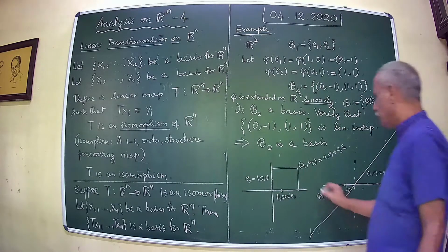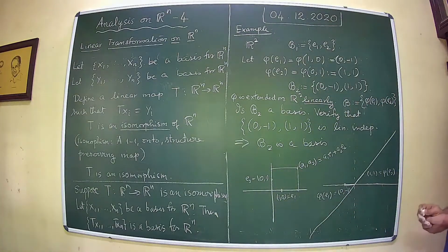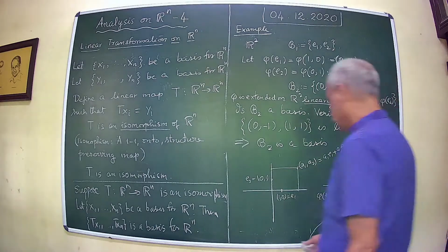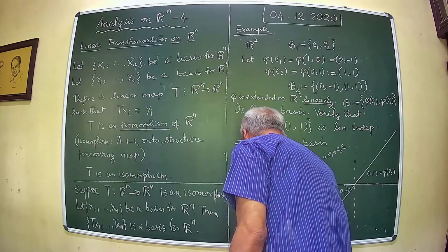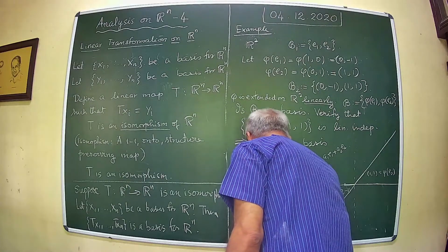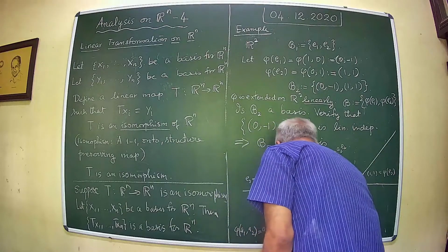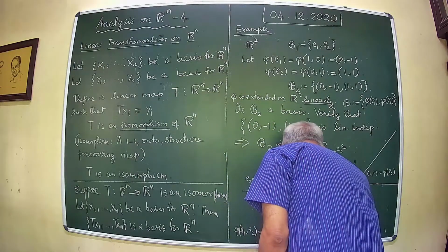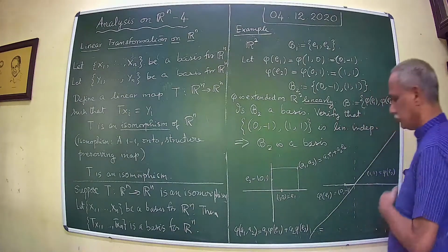If I apply phi to this, this point goes to what? So phi of (A1, A2), if I compute, is equal to A1 into phi E1 plus A2 into phi E2, and this is equal to